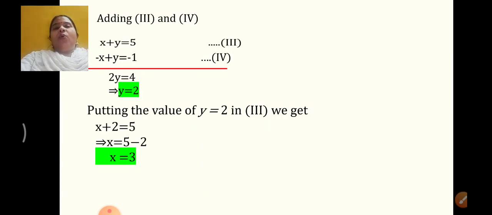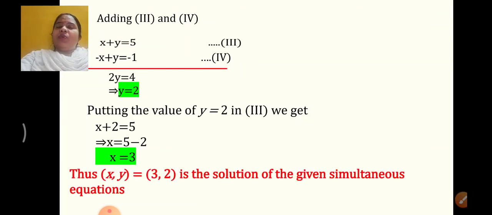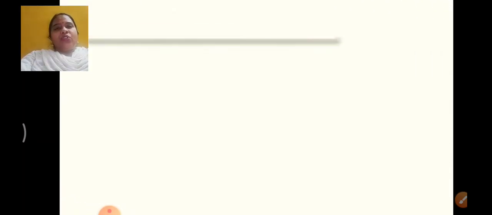Right? I hope all the steps are clear. Even though this sum is lengthy, I think it is extremely easy. You just need to follow addition, subtraction, addition method. Final answer, x is equal to 3, y is equal to 2 is the solution of the given simultaneous equation, or 3, 2 is the solution. I hope all the steps of this lengthy sum is understood to you. Okay, so make a note of all this and we move on to the last question of the day today.